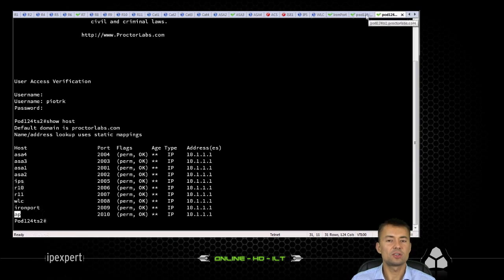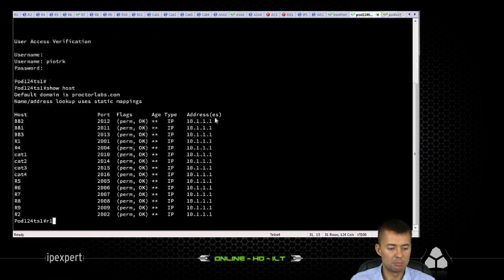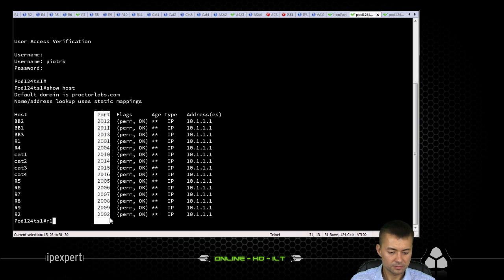So another way to access those individual devices that are connected to the TS is to simply specify their name from the terminal server. But a better solution is to quickly look at this list of port numbers and prepare the sessions